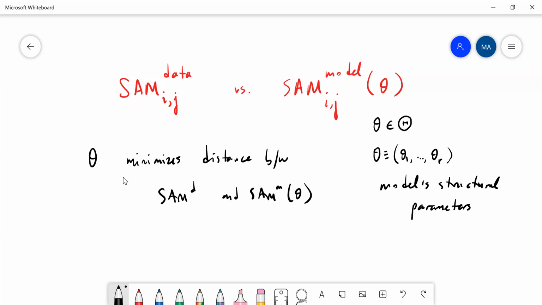Because basically we can choose different theta values to find a SAM model entry that corresponds to the same entry in SAM data. And when we do that, of course, in that part, we are using the theory and